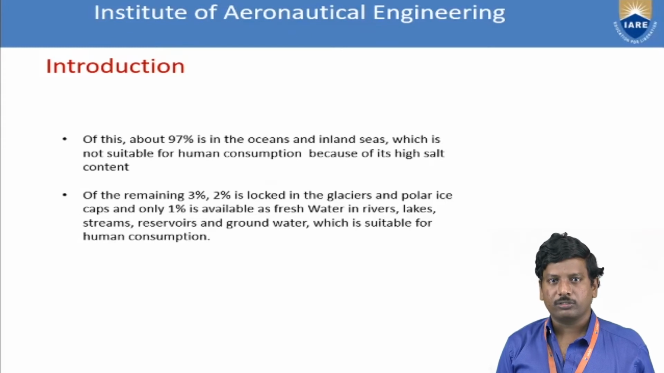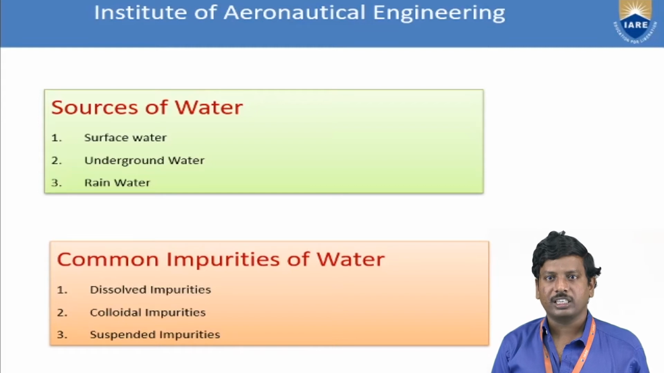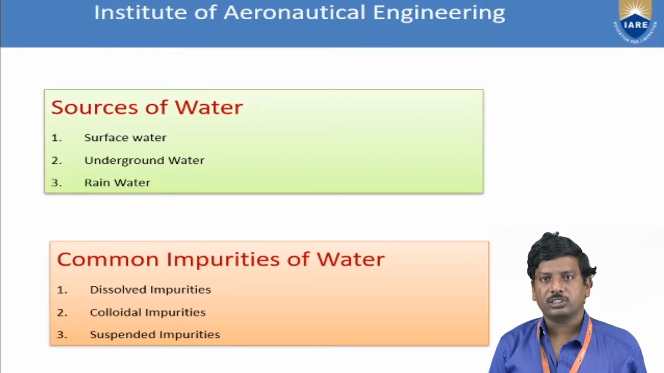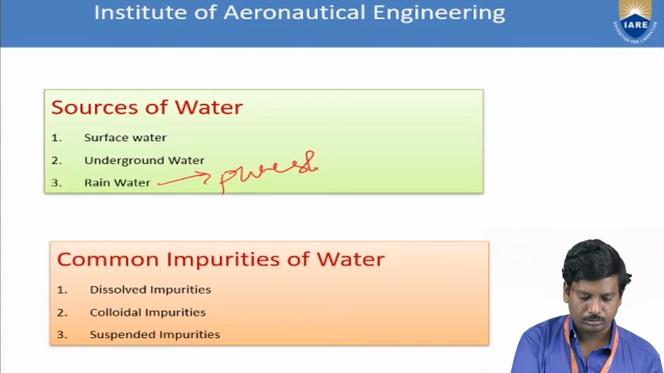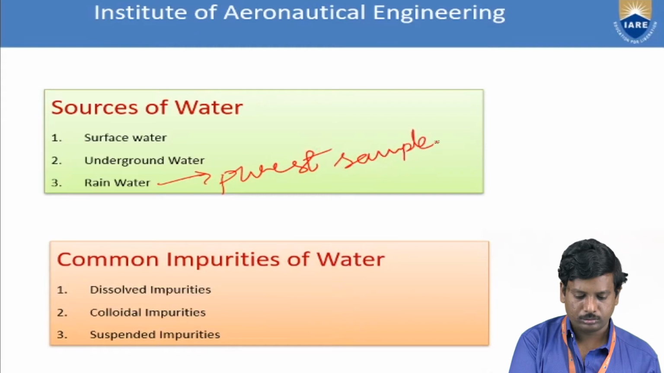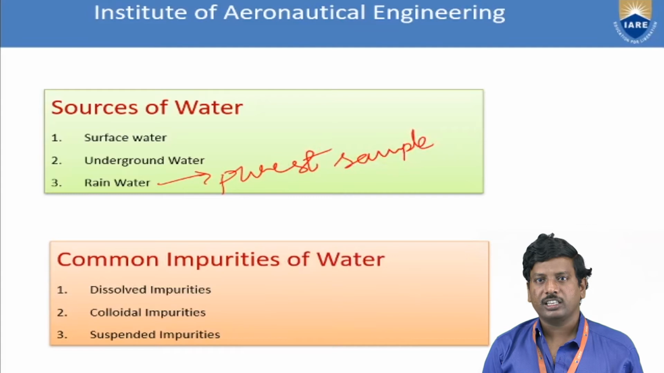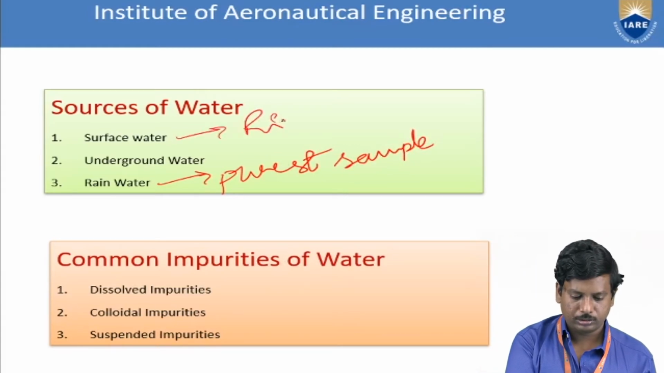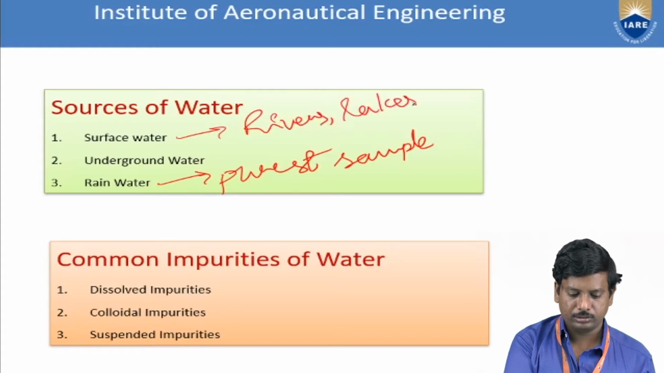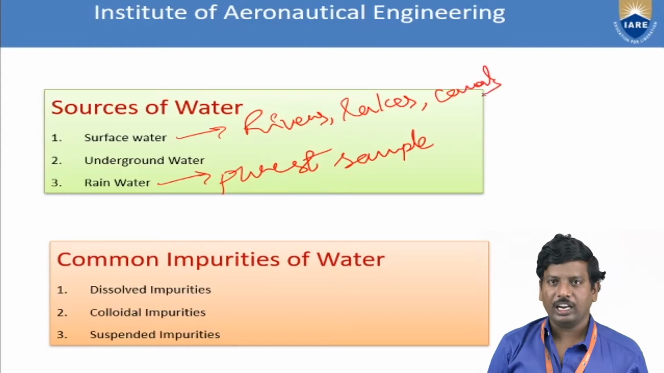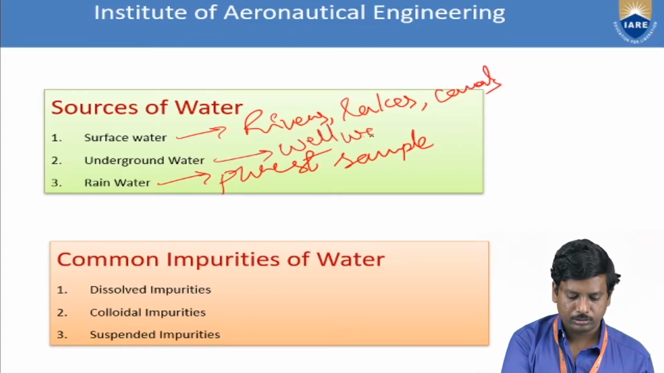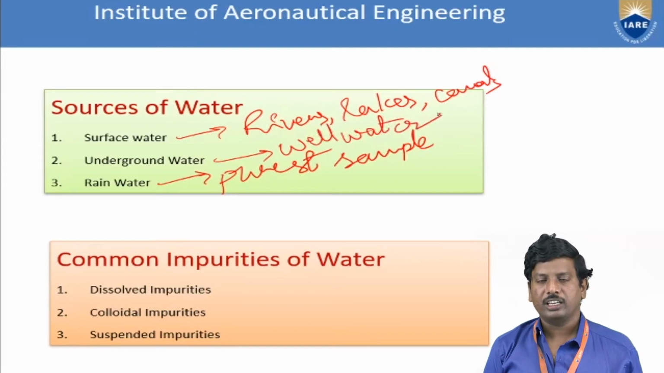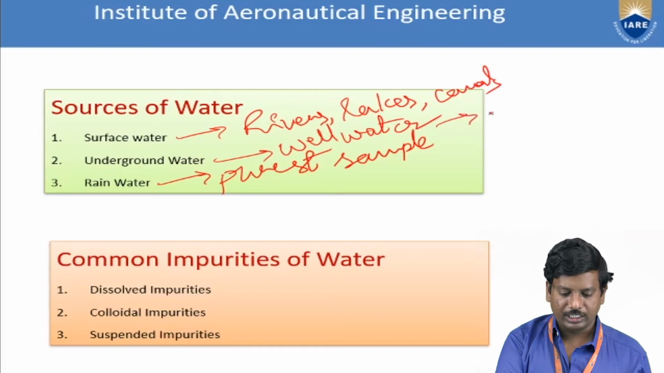Next, we discuss the sources of water. Sources of water are mainly classified into three types: surface water, underground water, and rainwater. Out of the three sources, rainwater is the purest sample. Surface water contains rivers, lakes, and canals. All of these are examples of surface water. And underground water contains well water. Out of the three samples, rainwater is the most purified sample, and underground water contains the most salt percentage,